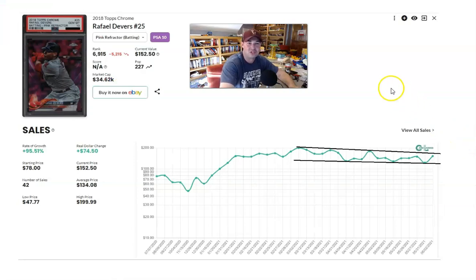The one that is kind of interesting here is the Pink Refractor. Pink Refractors are really getting a lot of love here. Not in number, but they look good. So